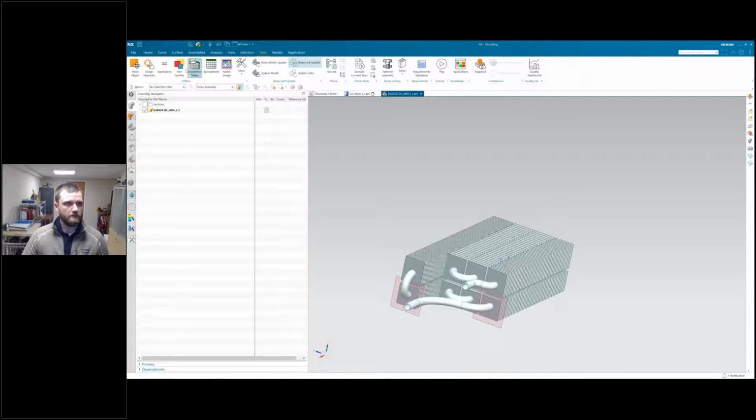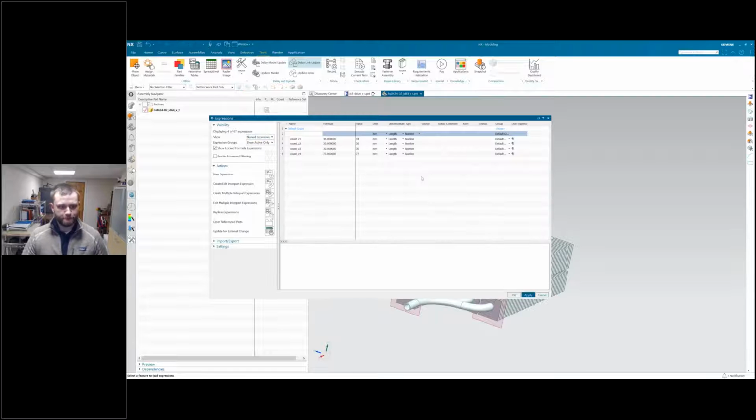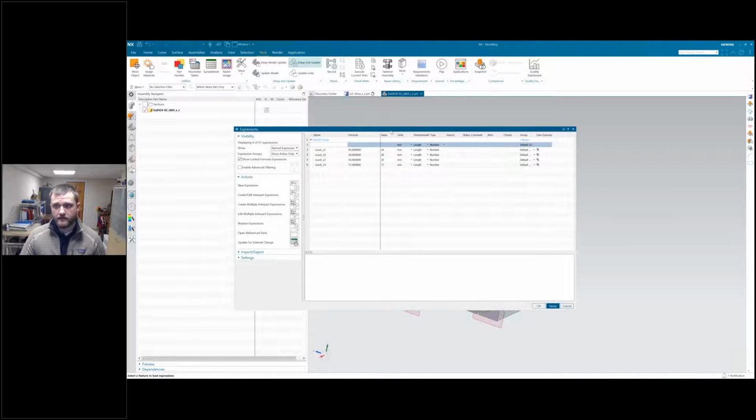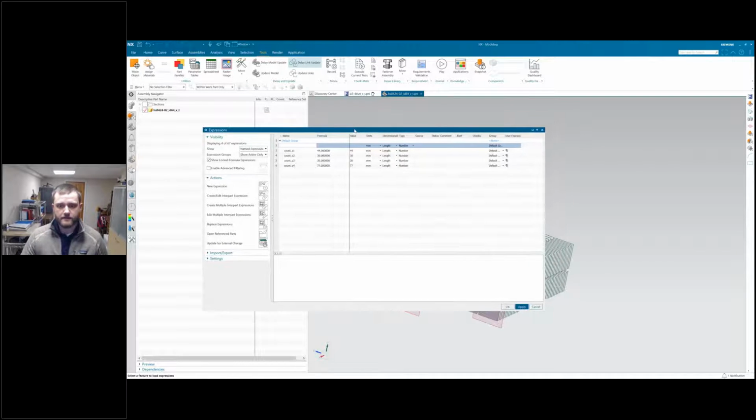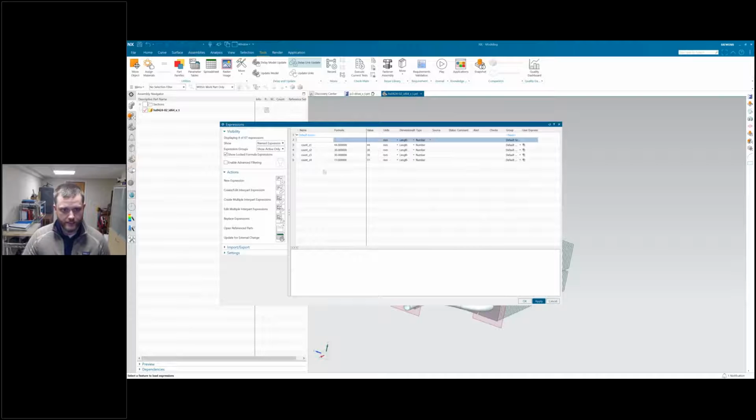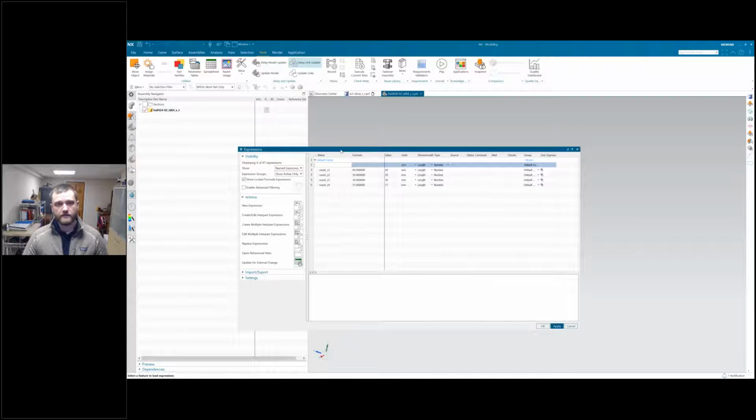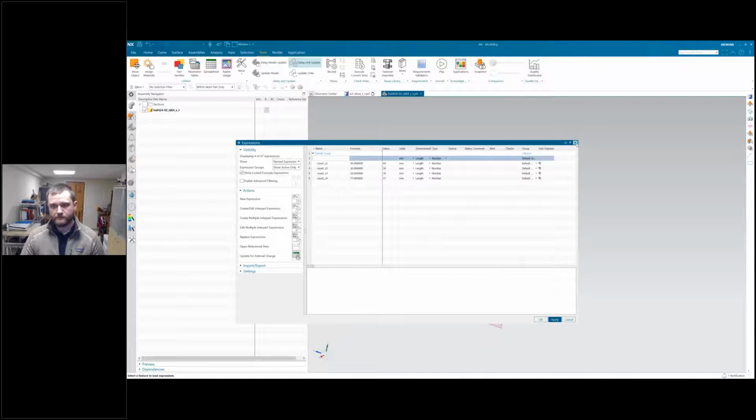And we also have our expressions for that. So within the CAD environment, FlowEFD has access to all of the CAD expressions that are defined within NX. And this is going to be extremely important when we start to look at things like optimization, where we can run simulations that will automatically change these dimensions and create geometry and create simulations and outputs based on that, so that we can do parametric solves and optimization.